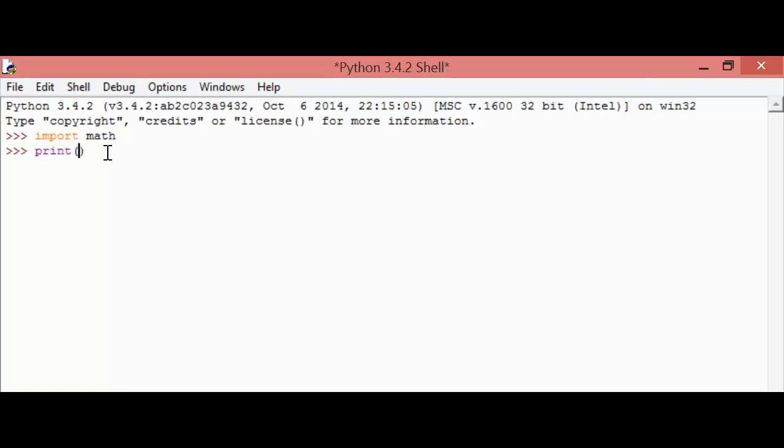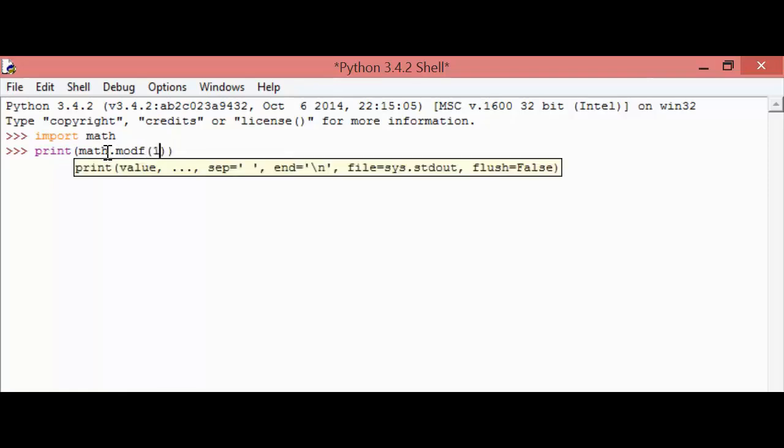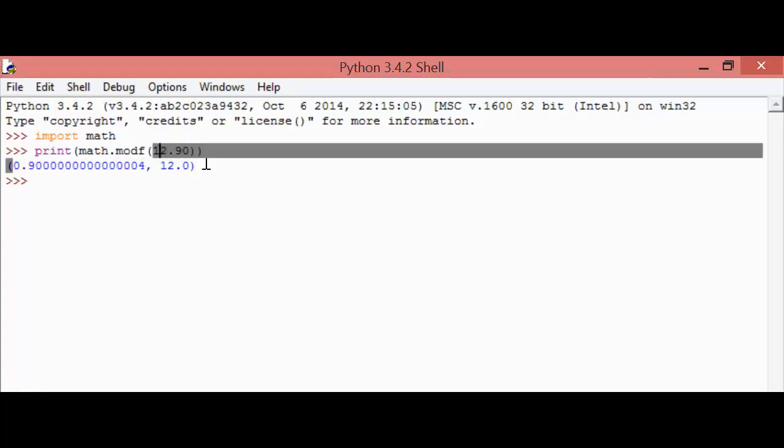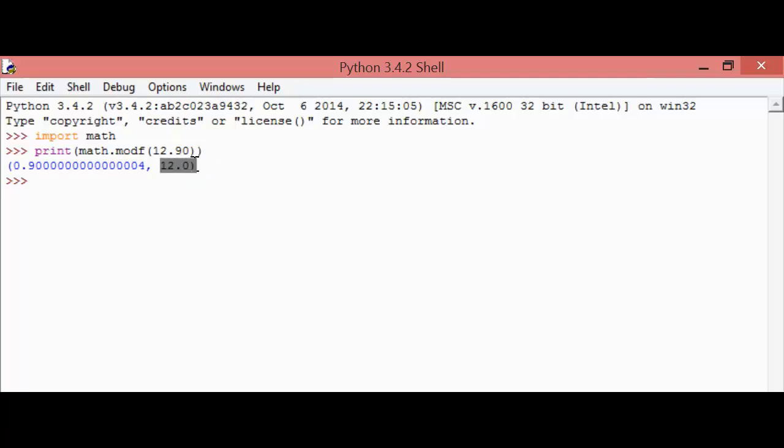After that I'll explain it to you. modf, I am giving the value 12.90. So we get the result here. This is the float part of this reference value, which is 12.90, and this is the integer part, which is 12. So what modf does, it will separate the integer value and the float value into different parts. So this is all about the modf method.